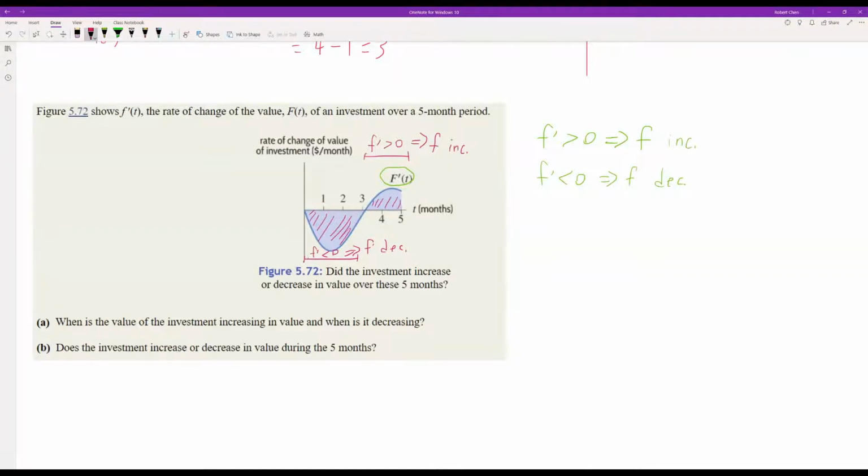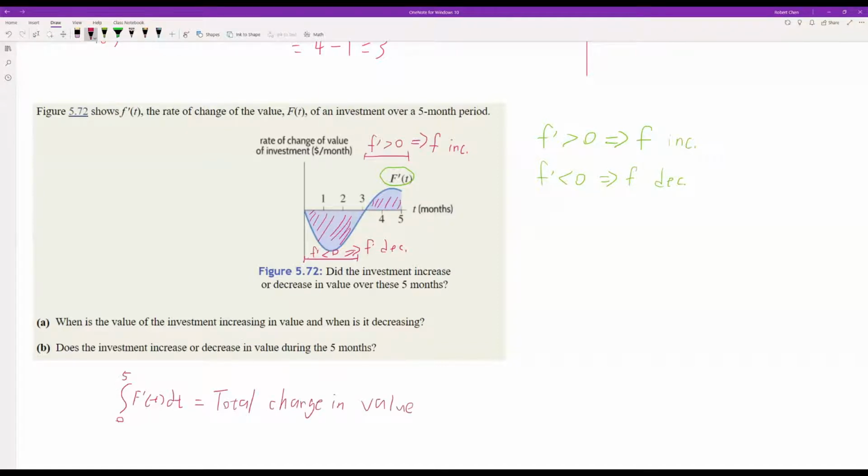Meaning we want to find the integral between 0 to 5 of f prime of t dt. Now, since we have no information about f prime, we cannot answer this question accurately. But we can say what this will look like. This will be the total change in value,